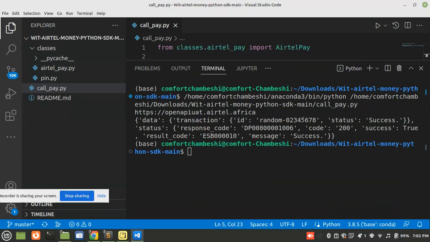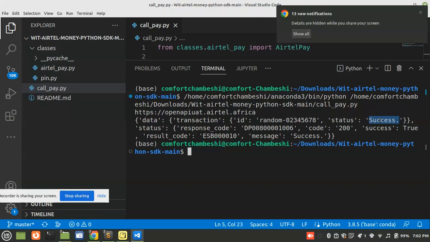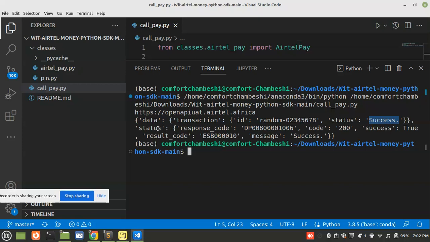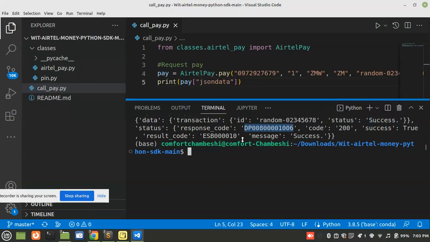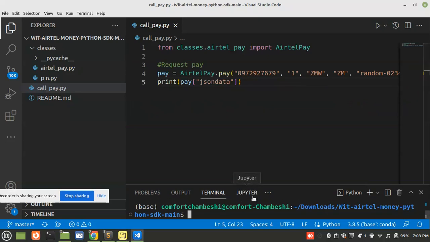So you have the transaction ID and the status. This status simply means the status of the transaction, like, was it pushed successfully to that user? If it was pushed, then it returns success. And then the response code. Everything was a success. So now that I've cancelled the transaction on my phone,